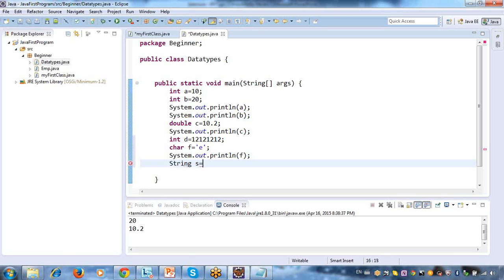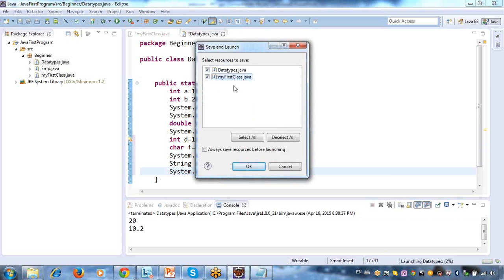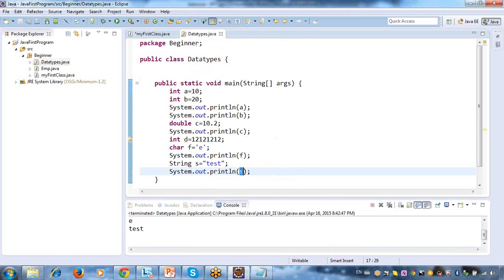You can also use your string like this. That means now you are trying to store the test string in your variable. Going forward, all the time my variable will contain this string only. Click on run. All the time your string will contain this value only. Your test string will be available. That means in your entire script, wherever you are using it, every time it will contain the test string only.